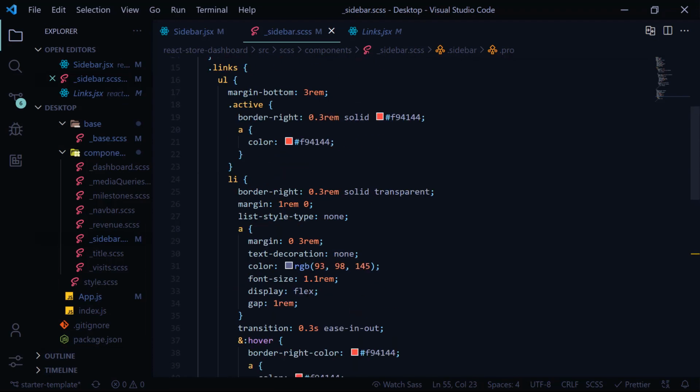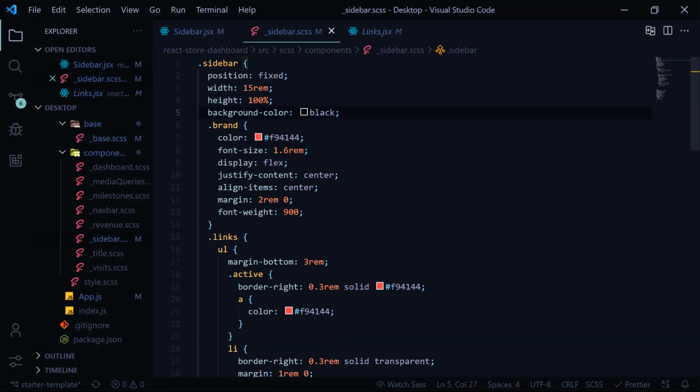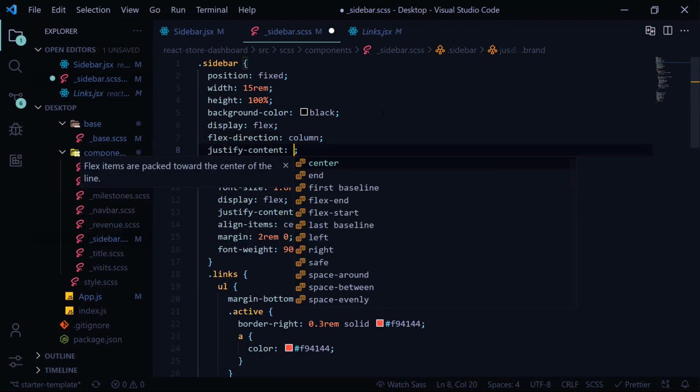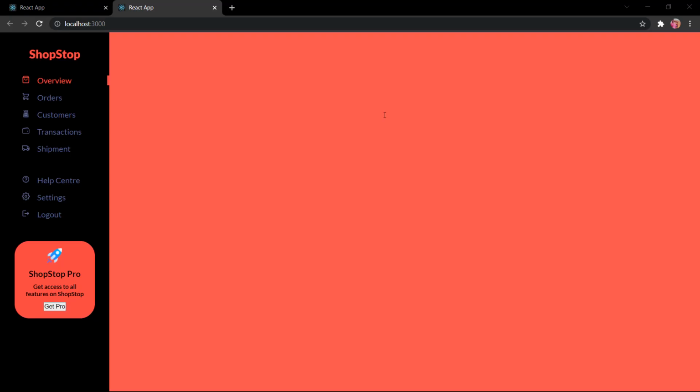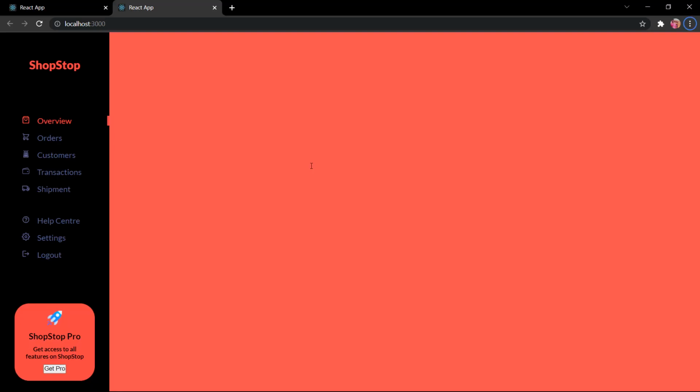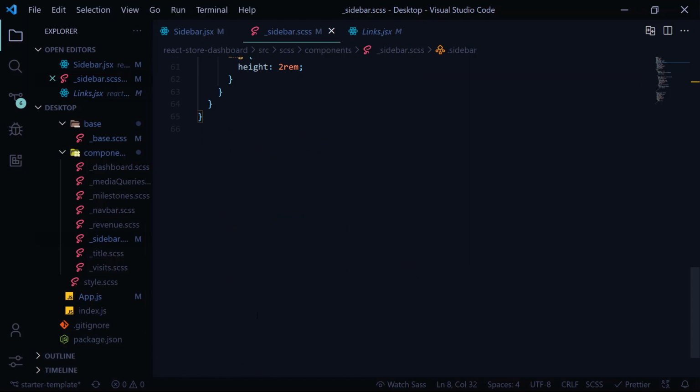Now head over to here and write display flex, direction column, justify content space between, and we'll write space around here. Okay, that's done. Now we have to style these things. So inside here